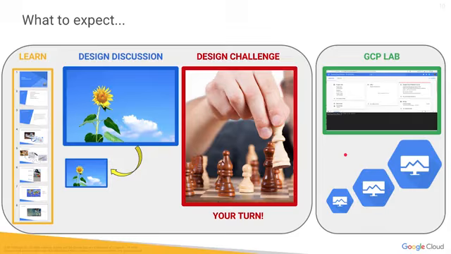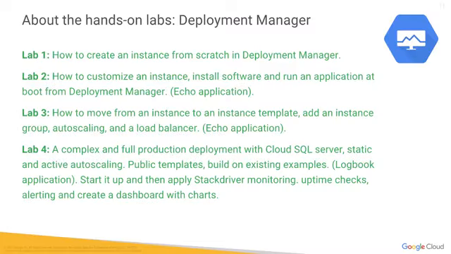Now, throughout the meantime, we're going to break your focus a little bit and focus on automation. And so these labs will all be about Deployment Manager. So imagine you've created this design and process. You've had some very healthy dialogues with other colleagues. You've understood business logic and broke it down and made something that's going to be truly reliable. Well, to do that accordingly, you've designed the process. Now you need to automate it. And that's what the GCP labs are going to do. You're going to get a lot of hands-on practice here. And of course, you can even use these templates perhaps even for your own production deployments.